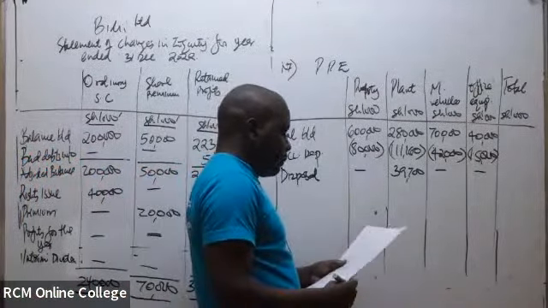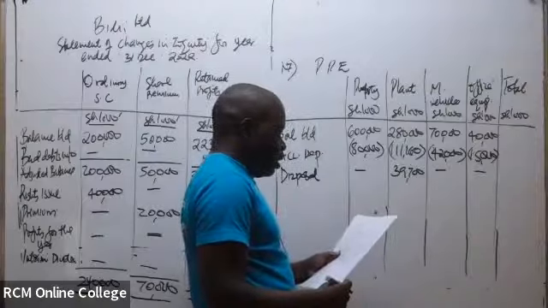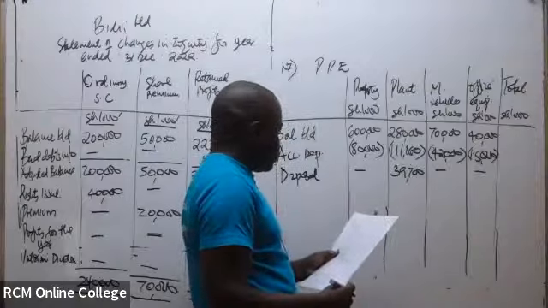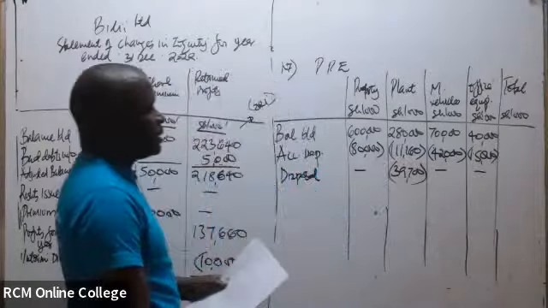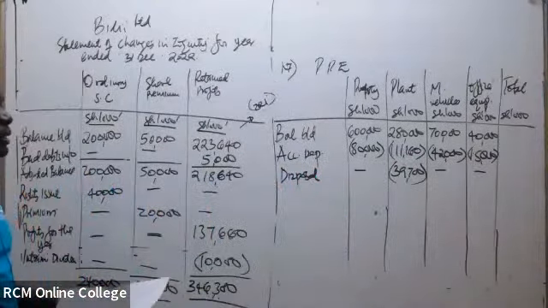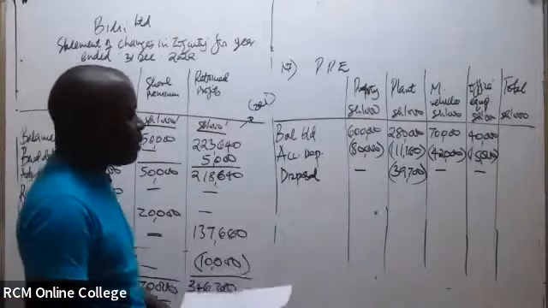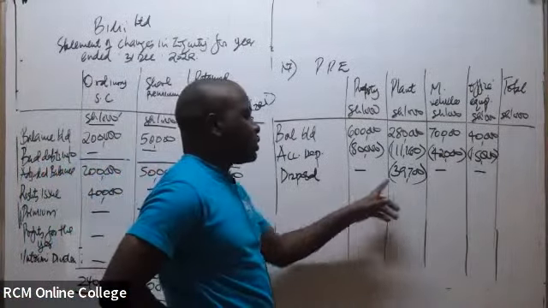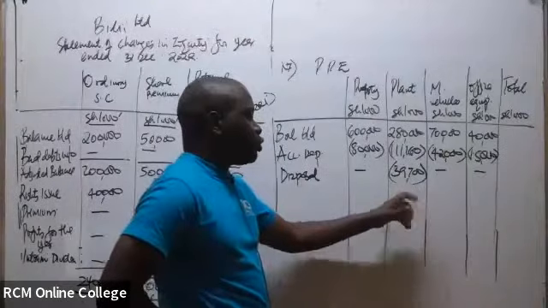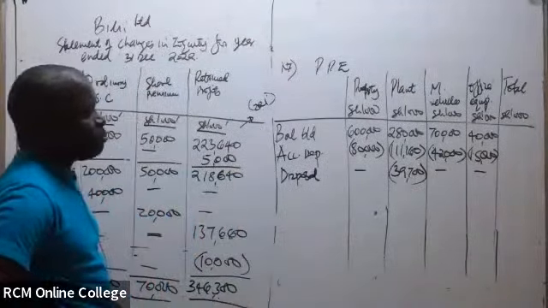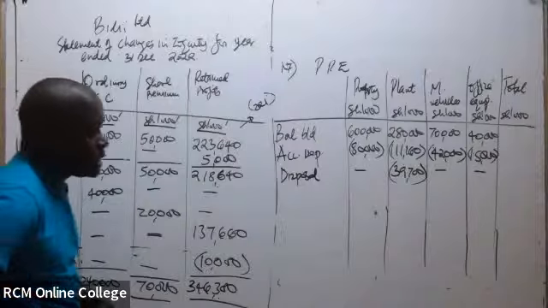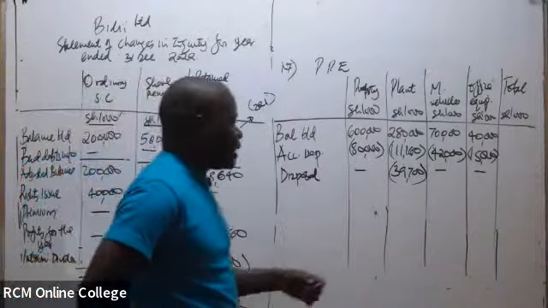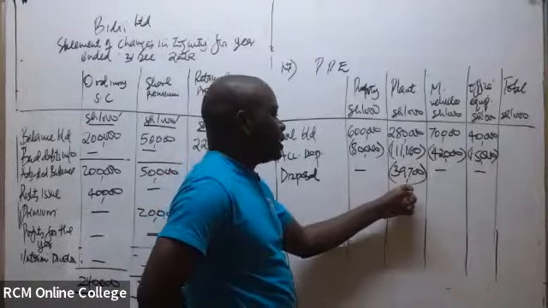Then in this case, this one we'll end up having to less. Remember, I told you that you can less it at cost. You less it at cost, or you less it at what? At net book value. So it means in this case, if we less it at cost, we'll have to end